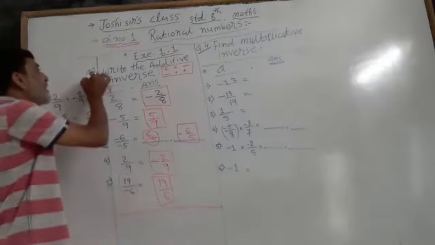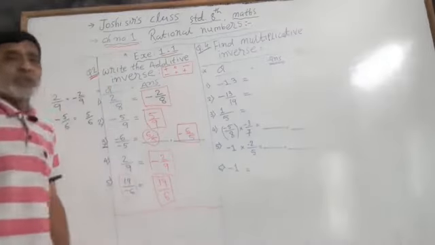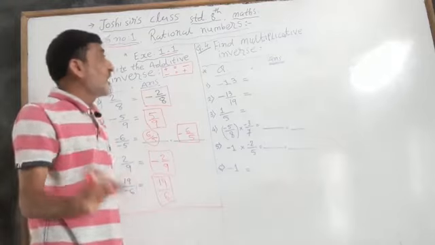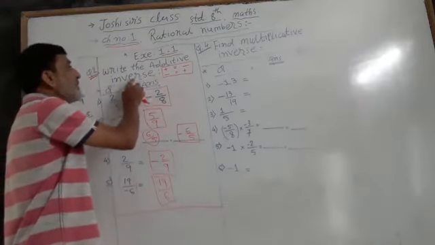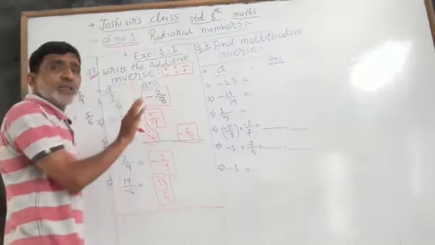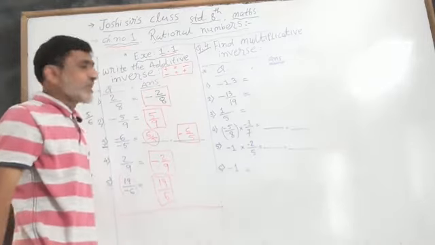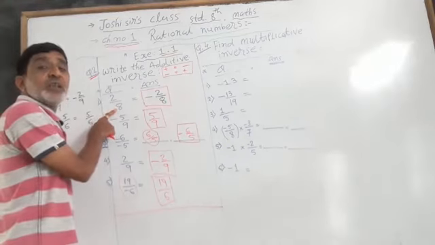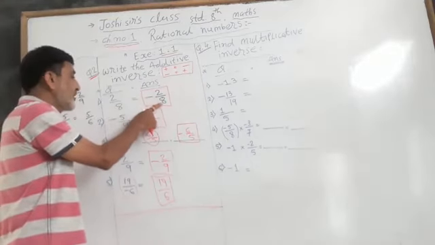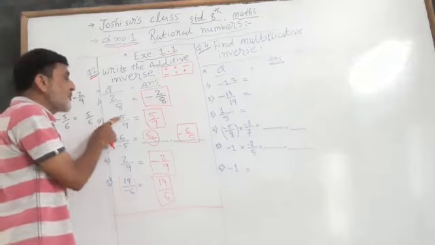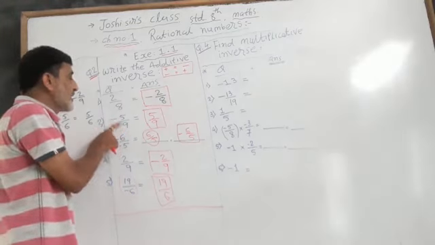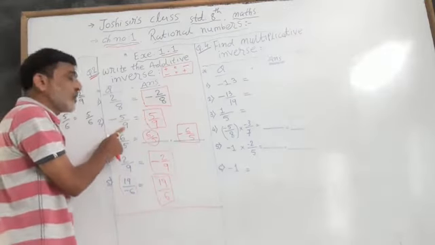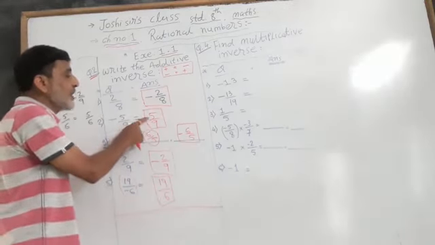Okay. Now question number 2 is finished. Keep in your mind, again I say, for the additive inverse, we have to change only the sign, nothing else. See here again. Question is 2 upon 8, then answer is minus 2 upon 8. Question is minus 5 upon 9, then answer is remove minus, it will be changed into plus. So minus 5 upon 9 means answer is 5 upon 9.